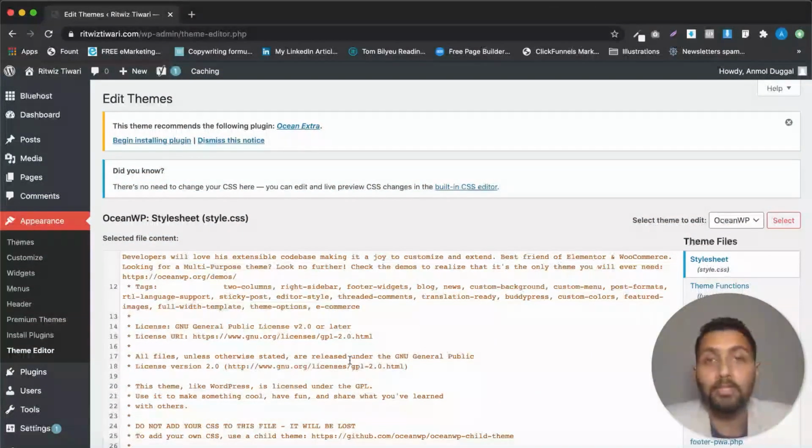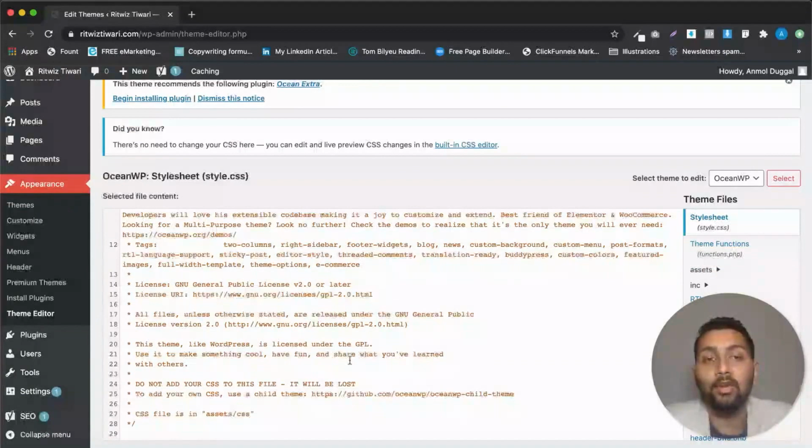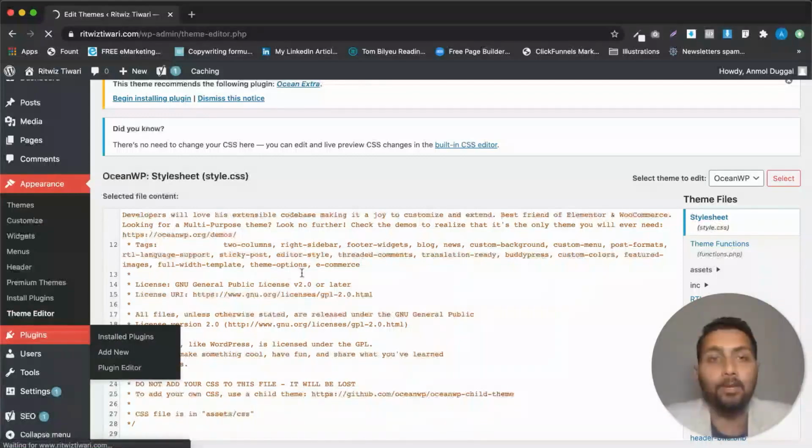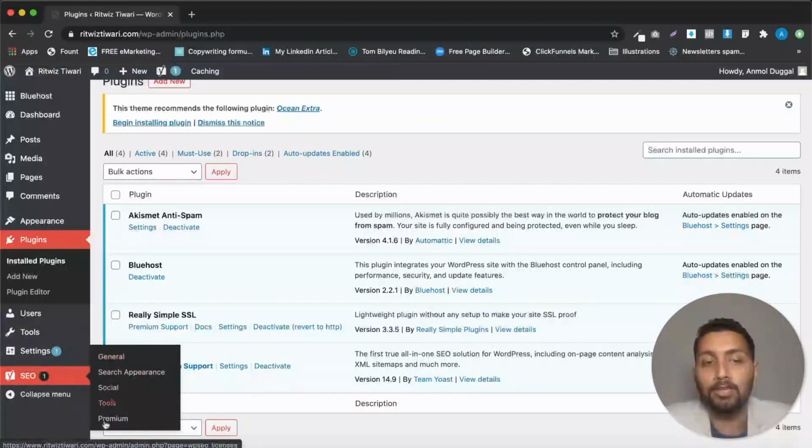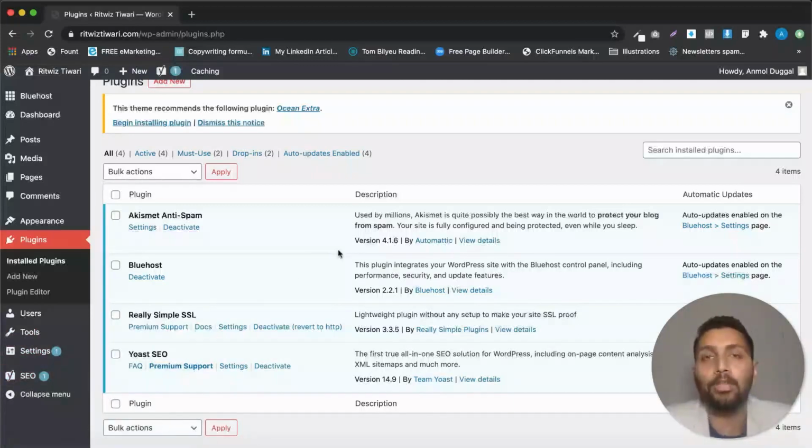The reason I am showing you this is because you should be aware of what to touch and what not to touch, because this is something which you don't understand, and you can get your entire website down if you make any wrong change in any of the plugin or the theme files. So this was all about this video, in which we talked about plugins and how to install a plugin, and how different kinds of plugins have different kinds of settings. Like I showed you for the Akismet plugin, there were different settings, and if we go to the SEO part, there are some different settings available, which we are going to talk about in future videos.